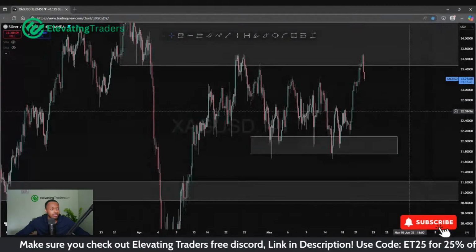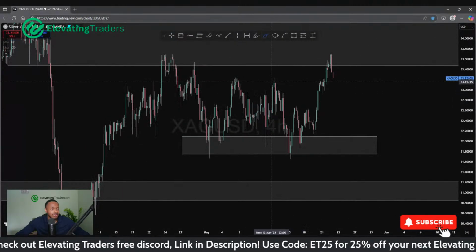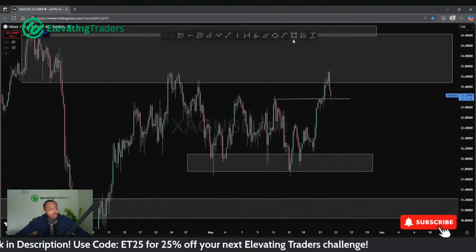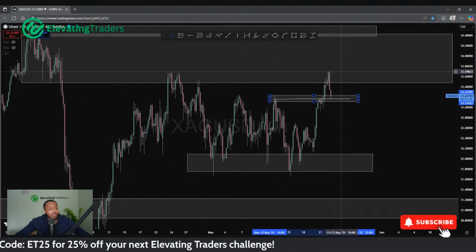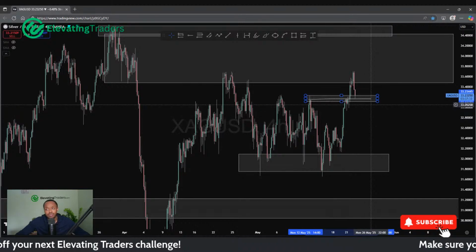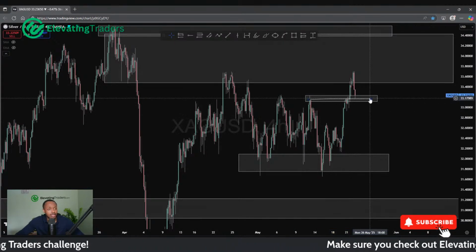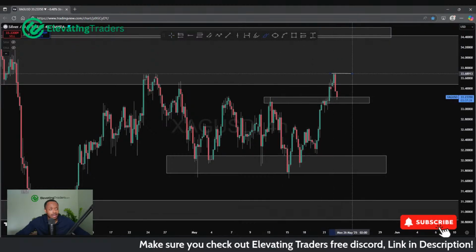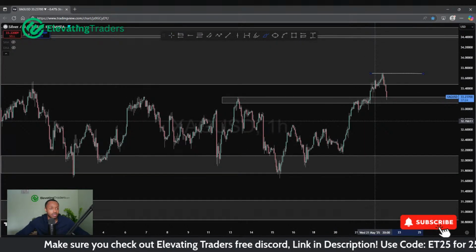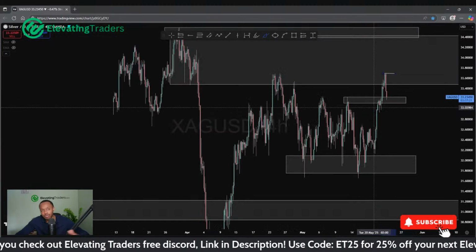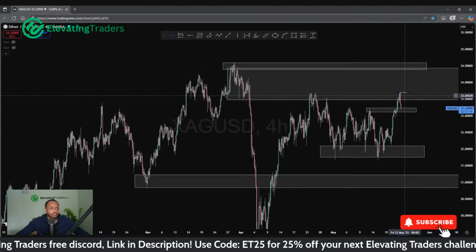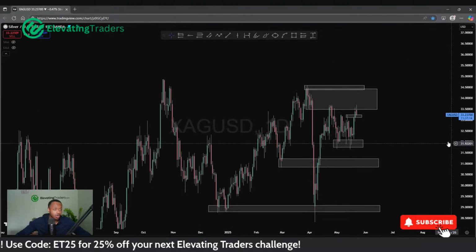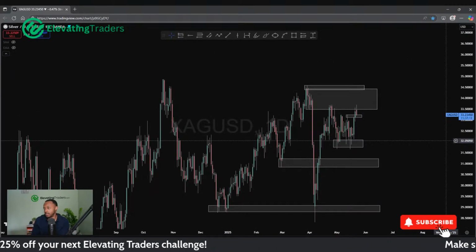I wouldn't really be looking for a break and retest on these areas either, just because momentum looks a little bit flat. I mean, we could use that to continue and push on, but I'll probably keep that intraday. I think if you can catch a nice buy on maybe a 15-minute chart, trade it back to highs there, I feel like that could be a smart trade. Anything further, you might be asking for a bit of trouble. But yeah, that's kind of where I'm at with USD. Not clear-cut opportunities, really, what I'm seeing right now. I mean, some pairs look better than others.